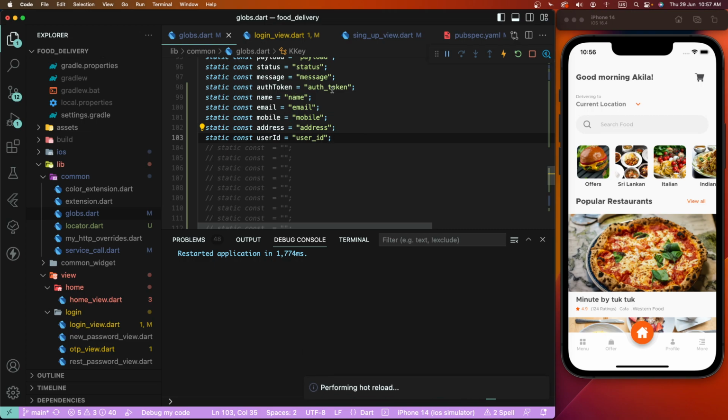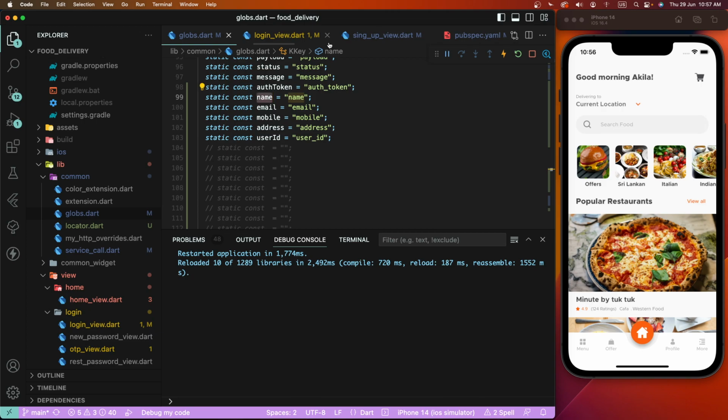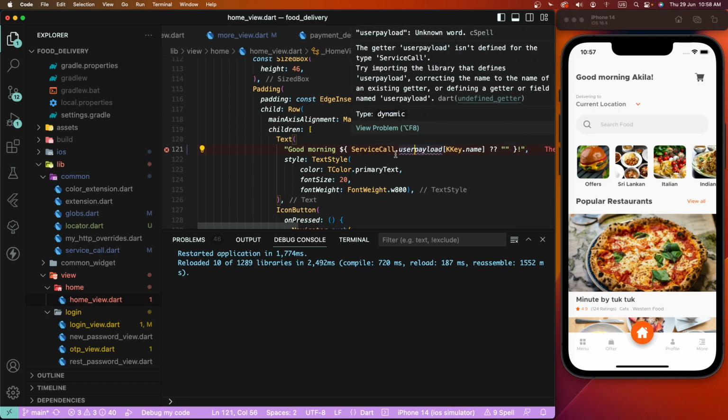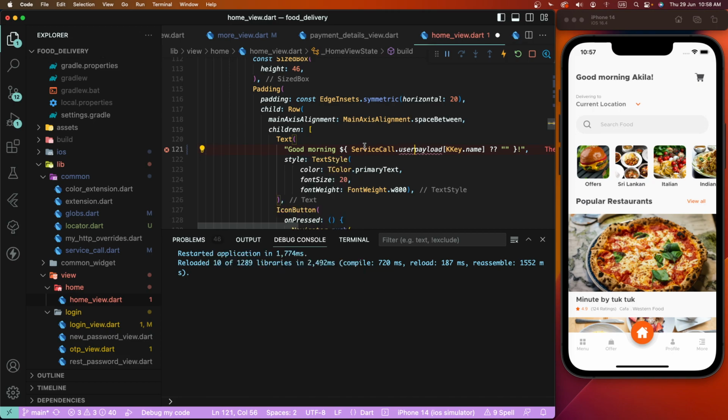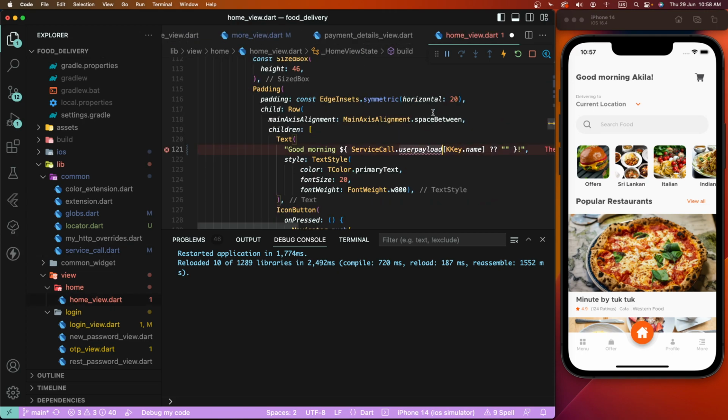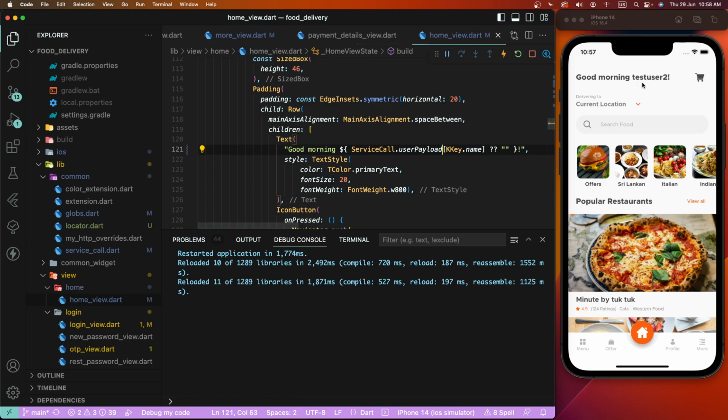Now we need to pass this name at the home screen. Value. User. Now save and to